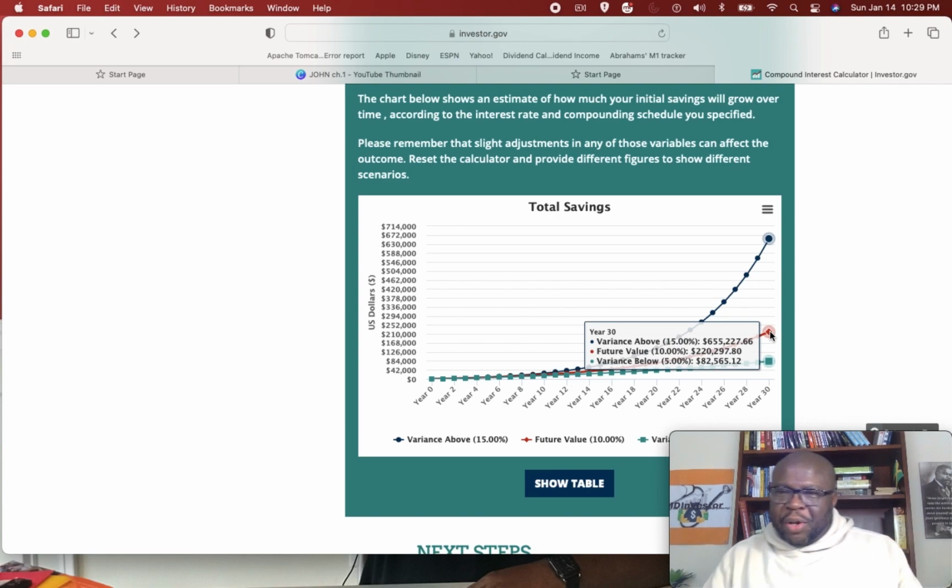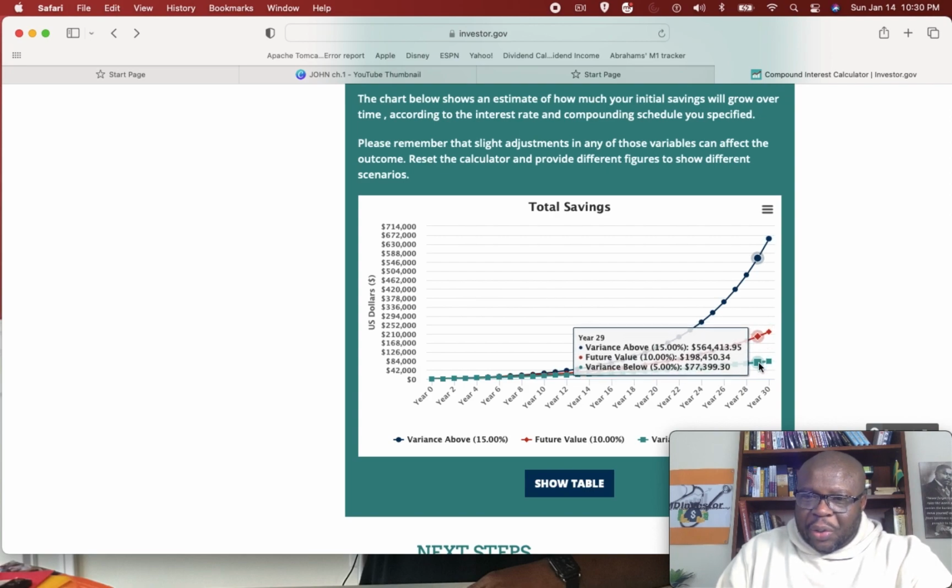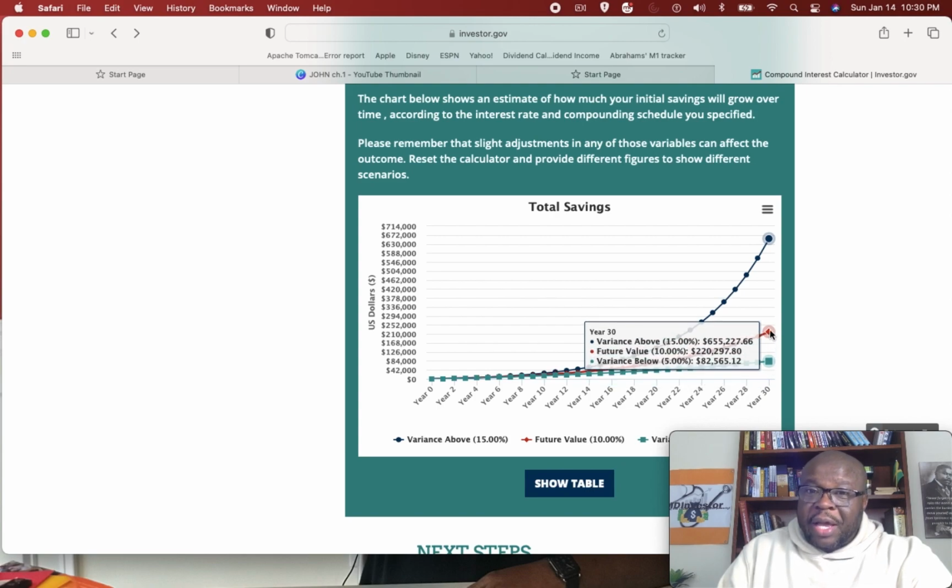You see, as time goes out, you're beginning to see the separation between the variance, meaning 5% or the light blue line, only at $82,000. So less than half of the 10% return. They're only at $77,000. The 10% return is at $220,000, and the 15% is already at